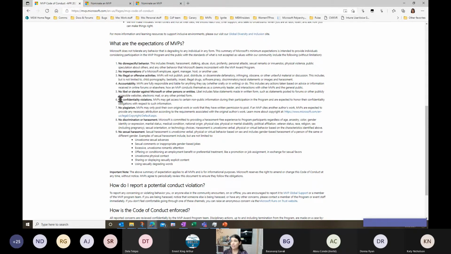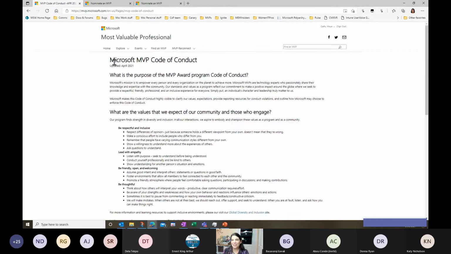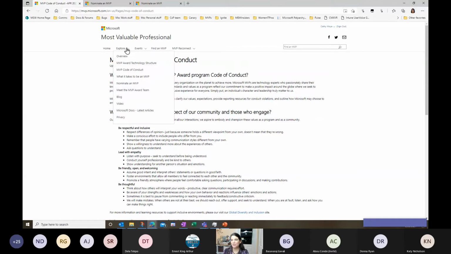So confidentiality violations here, even a hint. Gosh, for one of my poor people, we were having the MVP summit, and David James told them that they could tweet this, and he took a picture of the slide, but the slide had all of the MVP summit NDA stuff on it, and so people freaked out about it. It's like, no, D James said he could tweet it. So I try to tell my presenters now within the product team, if you're going to say something that is not NDA, please say it on the slide. So if people take a picture of it, it's really clear it is not NDA stuff. Because we can't take that seriously enough. We want to be able to share things with MVPs.